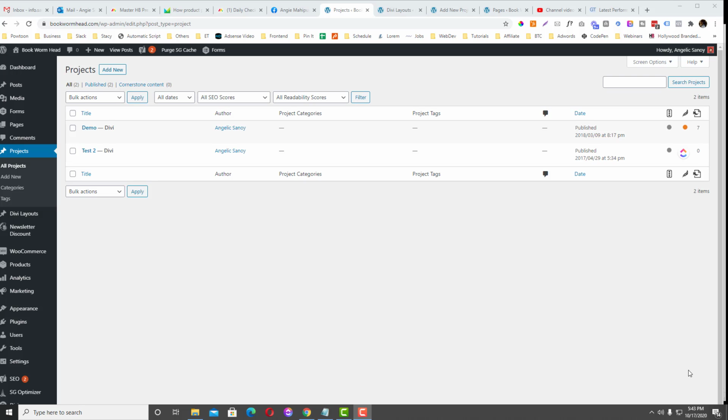Hi guys, so in today's episode, we will disable this built-in projects in Divi. So how can we do that? Actually, I made a mistake in here because I created a custom post type called Divi layouts. The good thing would have been to just overwrite the projects and name it Divi layouts instead of